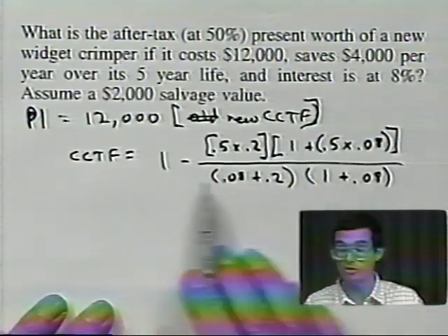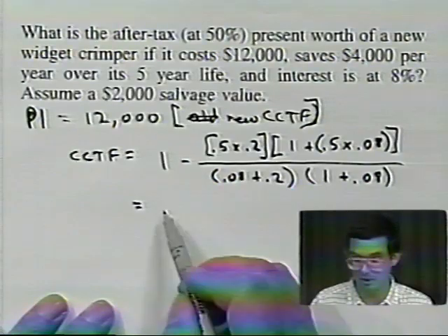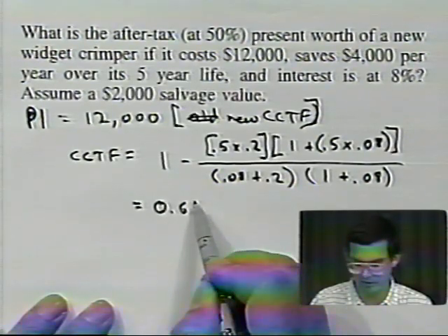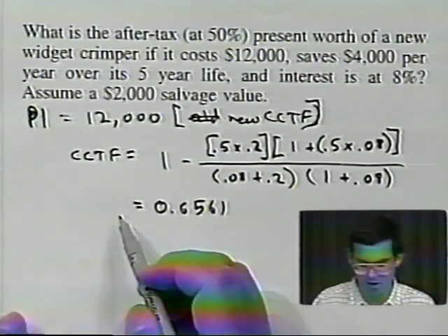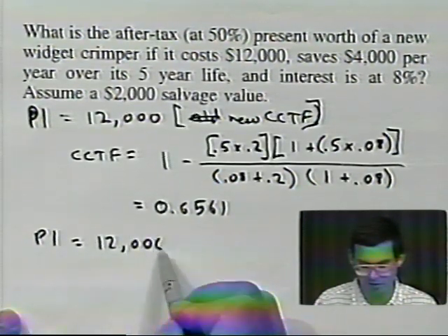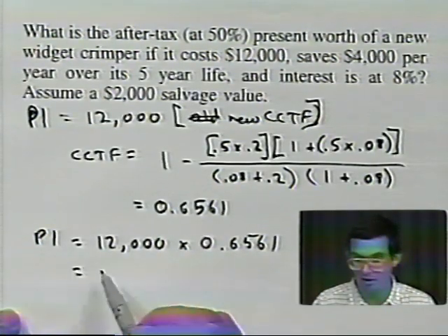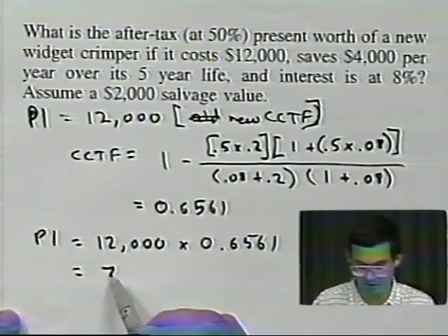Now that calculation is straight from the formula for the new CCTF, and that works out to be 0.6561, so that P1 is equal to 12,000 times 0.6561 is equal to